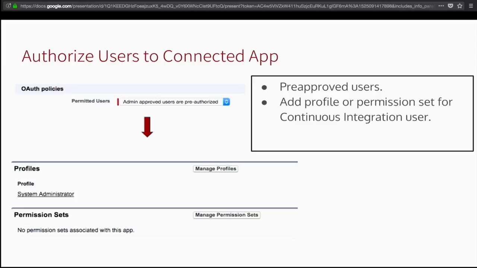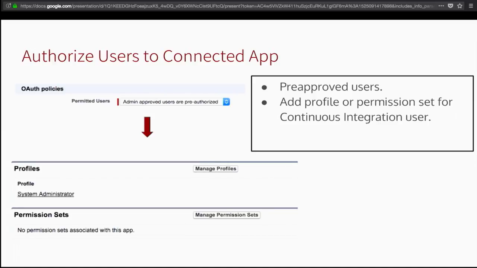To make sure that there's no click-throughs required, you know that OAuth window that'll come up anytime you authorize a connection to Salesforce? We don't want that because this is all behind the scenes. To make sure that's the case, we're going to pre-authorize the user under which CircleCI is going to be connecting into this connected app. So this is a very admin sort of flavored part of the setup.